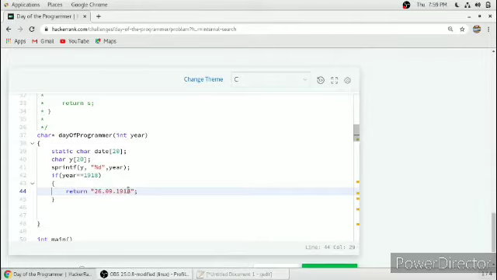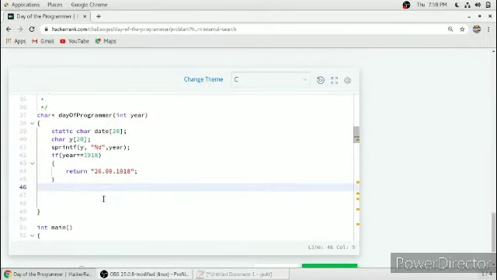And if this is not the case, then we have to find some other variables, that is, whether the year is perfectly divisible by 4, by 100, and by 400. So we'll take another variable, remainder of 4, as year mod 4.